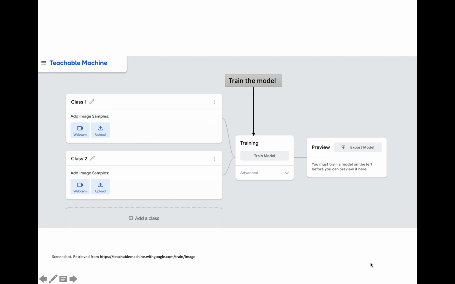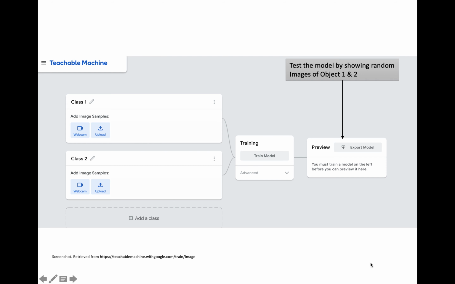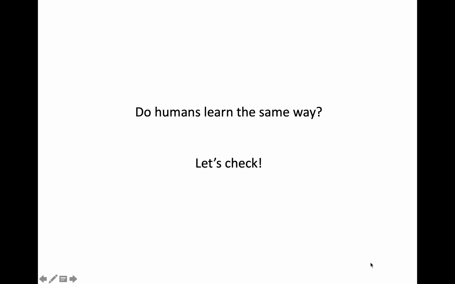After training the model is complete, pick any of the objects and show it on the webcam. The machine has now learned how a pen and a glass look. Thus, it will classify the given image as that of a pen or that of a glass. Well, congratulations, you have just taught a machine to identify a pen and a glass. So, how was the machine taught to identify a pen and a glass? Well, by providing a number of examples. So, can we say that our students also learn the same way? Let's check that as well.